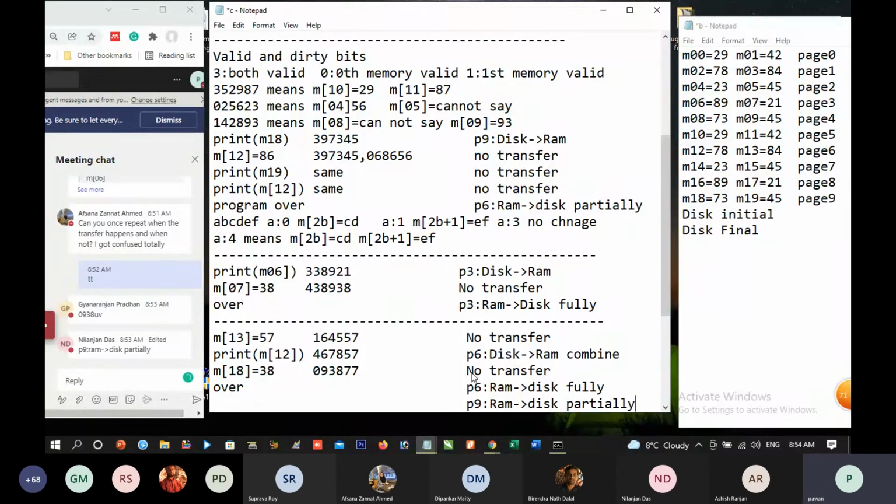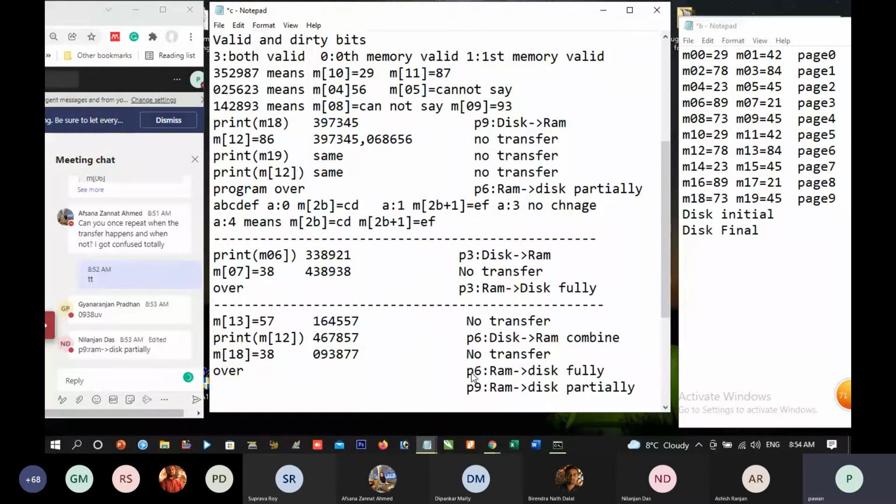Now, how do we make a partial transfer? To transfer partially, P9 is transferred from disk to RAM.